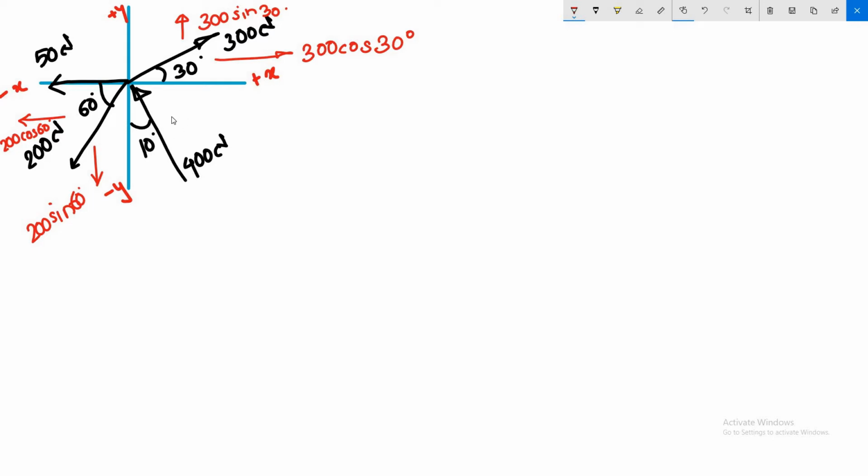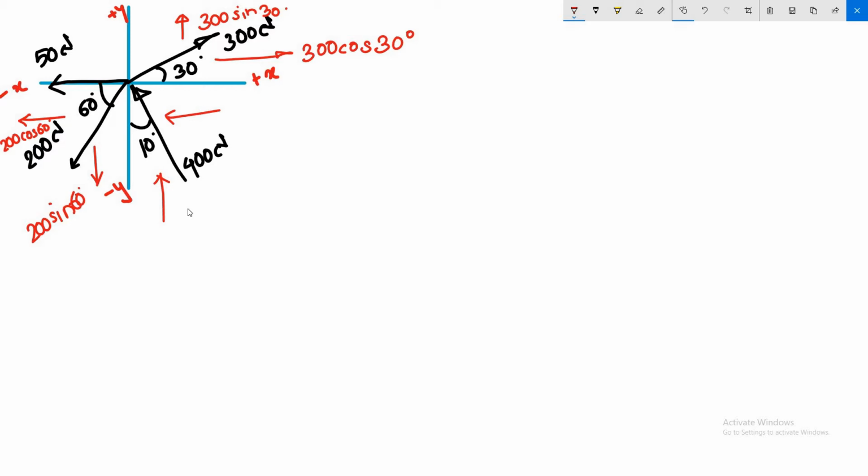Now this one, let's just draw two mutually perpendicular components, and specifically here you can see the direction of the force is toward the origin, that is toward the center of the axis system. That's why, since the force is pointing inward, the components will also be pointing inward.